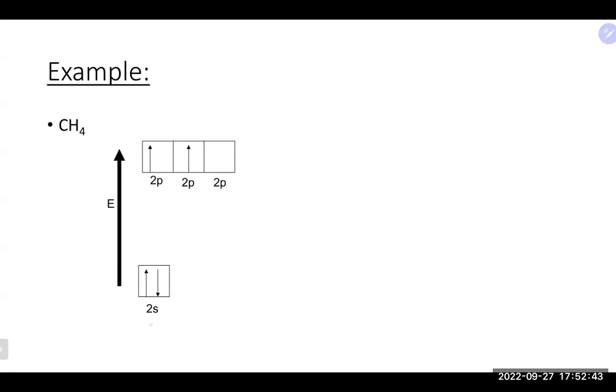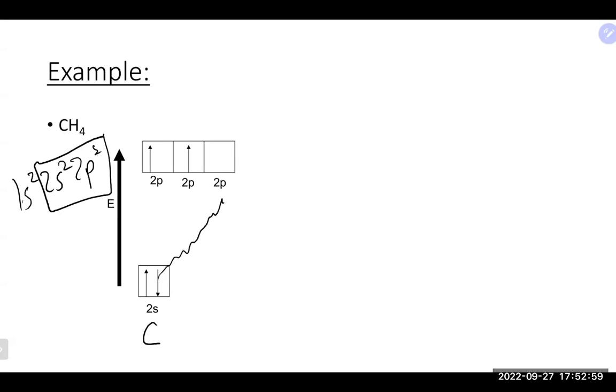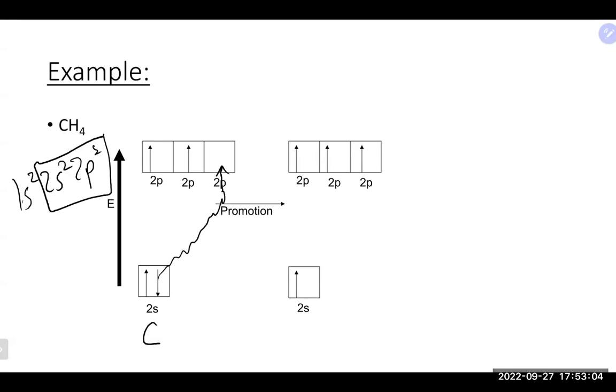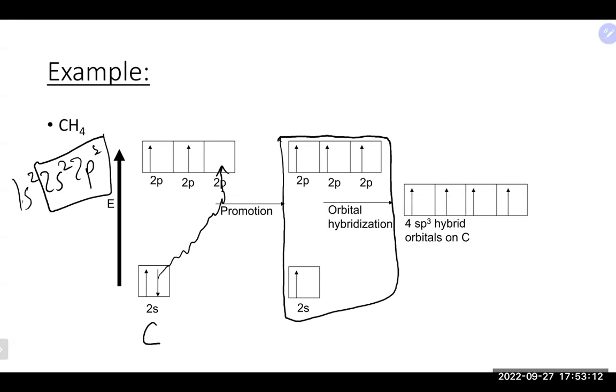So this is the carbon's valence electrons: carbon 1s2, 2s2, 2p2. That is the 4 valence electrons. So once again, through the hybridization process, our lower electron is going to come on up to our empty p orbital up there. The result of that is now we're going to take all these and go through hybridization. That is going to get us now 4 equivalent sp3 hybrid orbitals, all with basically an electron to share,